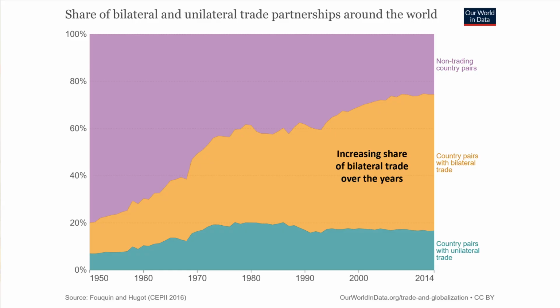global output. Another very interesting graph by Our World in Data shows how bilateral trade, that is trade among a pair of countries, is increasing over the years over unilateral trade and no trade among all possible pairs of countries. Most countries that export goods to a country also import goods from the same country, hence intertwining the economy of those countries. This intricate dependency also gives rise to vulnerability. Actions of one nation or a group of nations will have either a negative or a positive impact across the